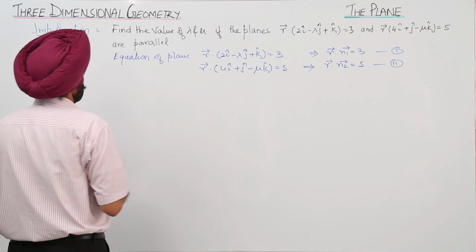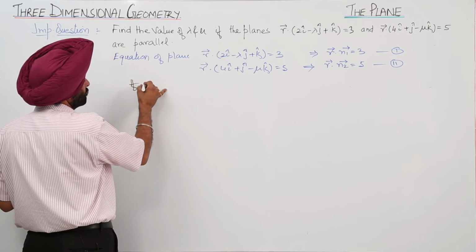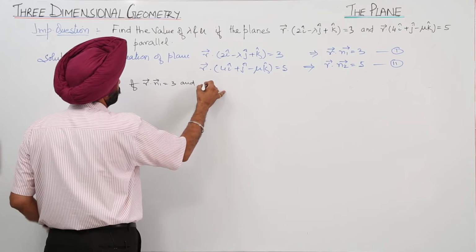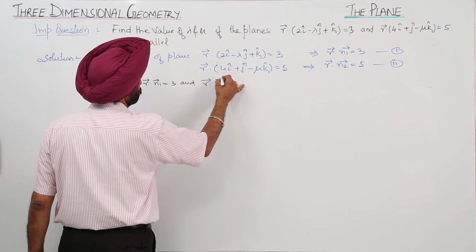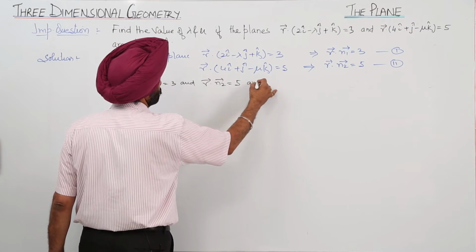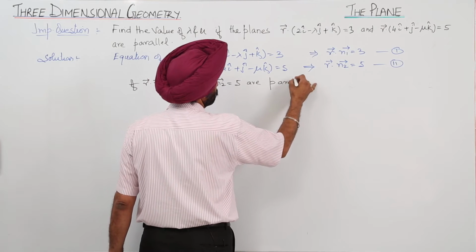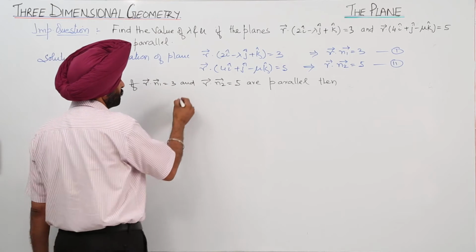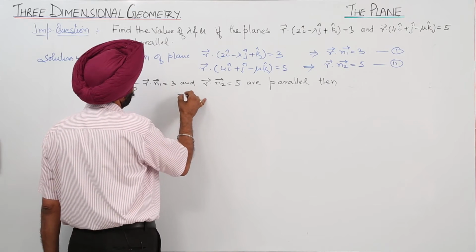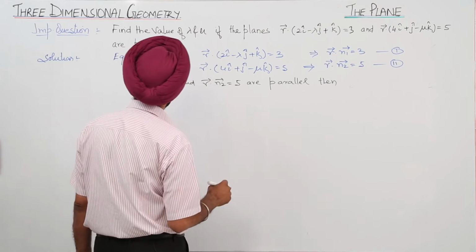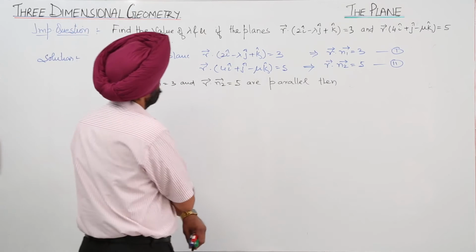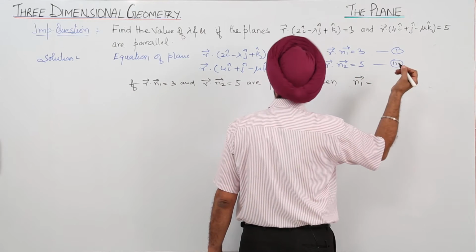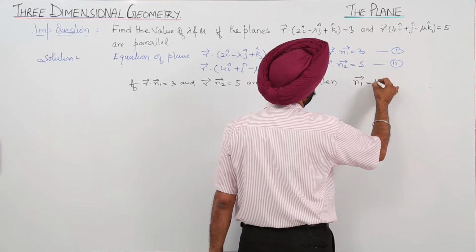Now, if vector r dot vector n1 is equal to 3 and vector r dot vector n2 is equal to 5 are parallel, then by the condition of parallelism, first of all we have to write vector n1 is equal to, let it be, p times vector n2,